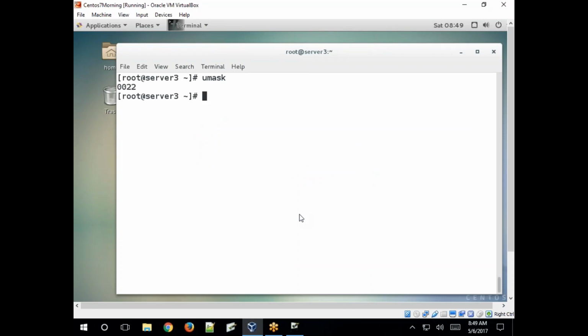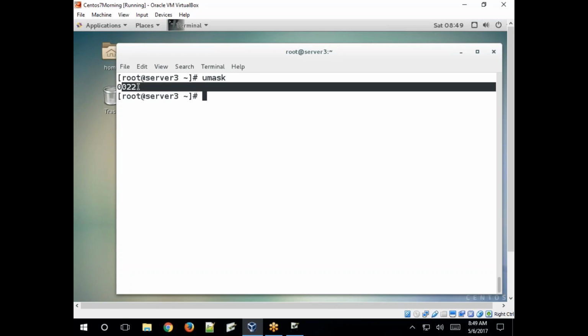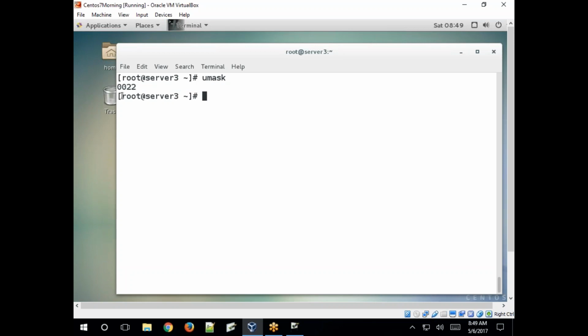So remember these three fields from the second field: user, group, others. Okay, 022. So this is the root user account, right? Administrator. How to identify that? By the symbol.